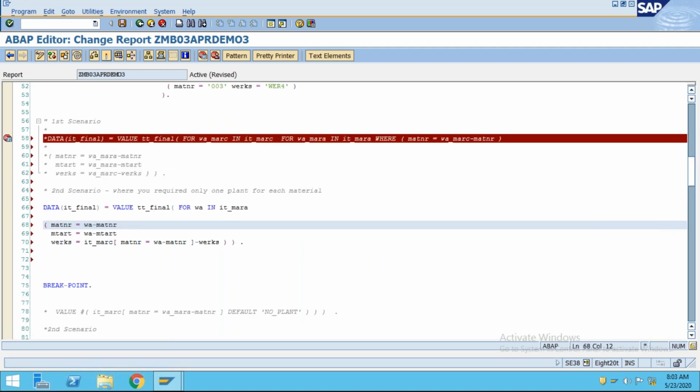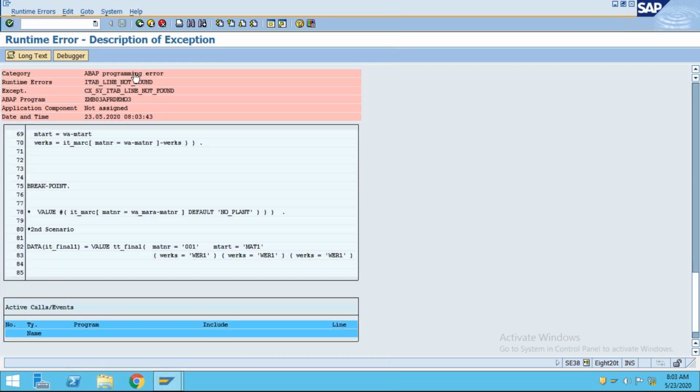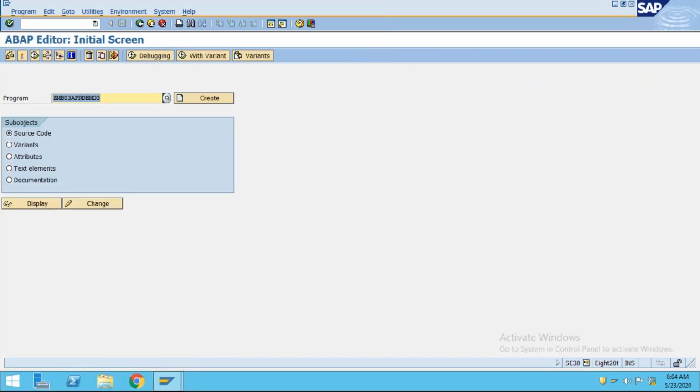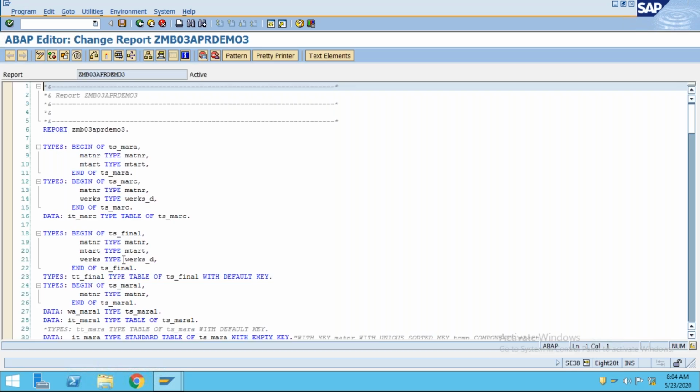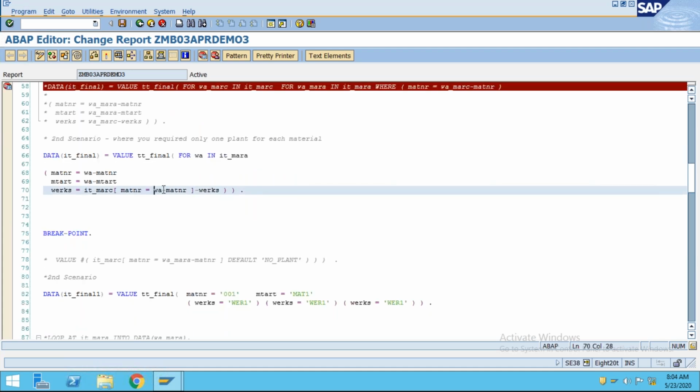So now you can activate, and here there is a possibility to get the dump also. So let me show you. Press F6 and you can see it is going into the dump. Okay, it is going into the dump. Why is it going to the dump? The reason behind it: go to SE38, go into change mode, and here the dump is going because of the wa